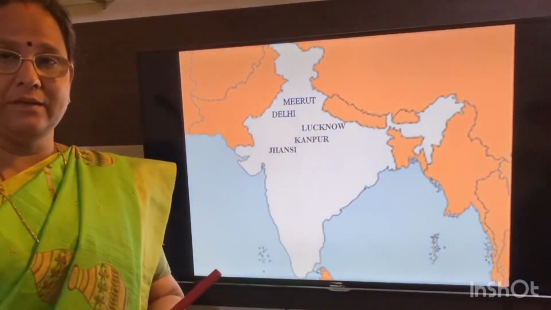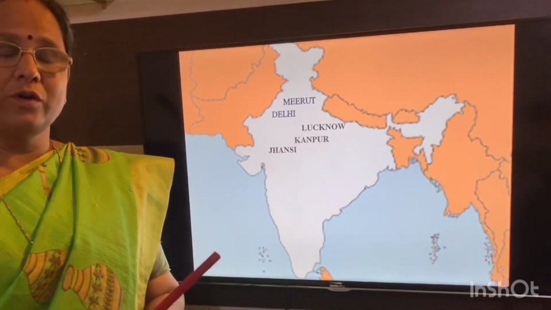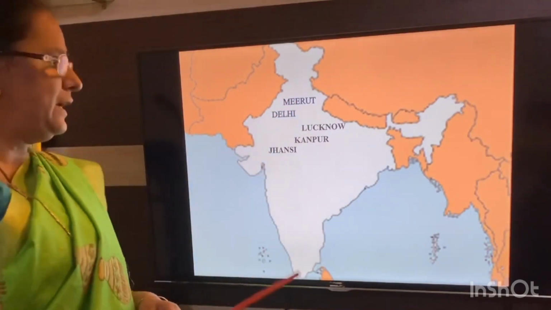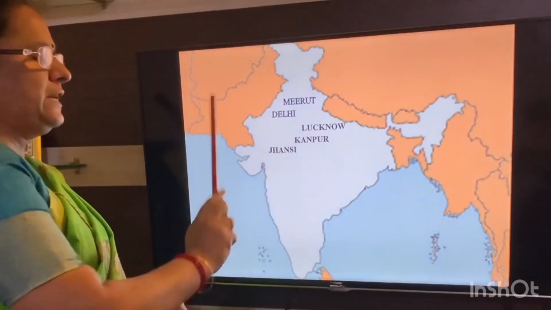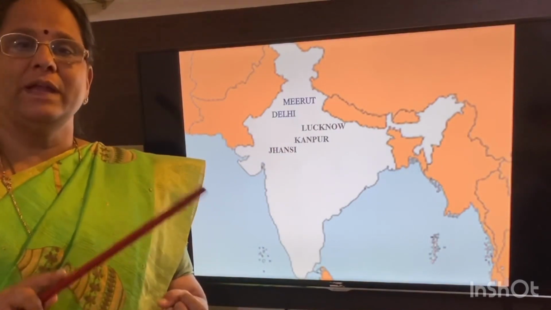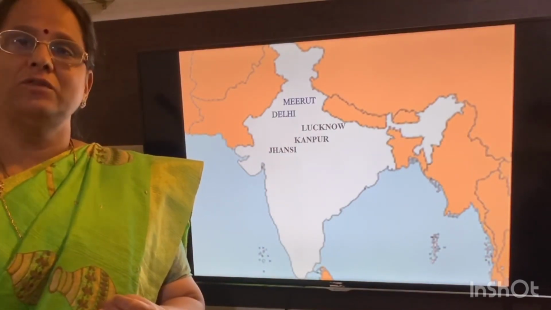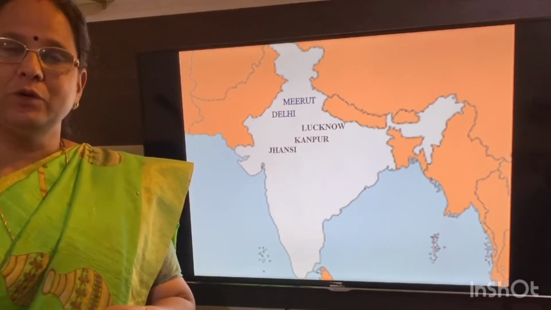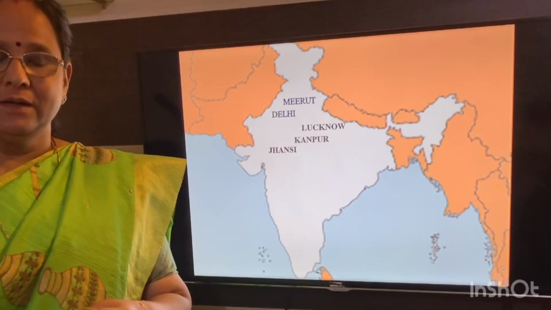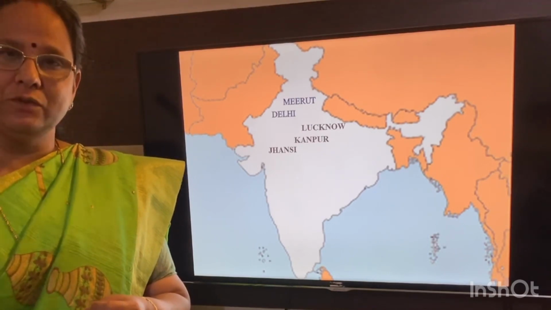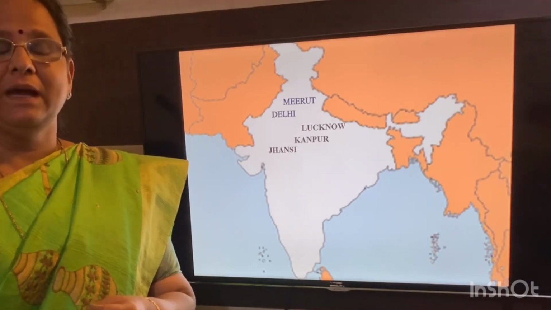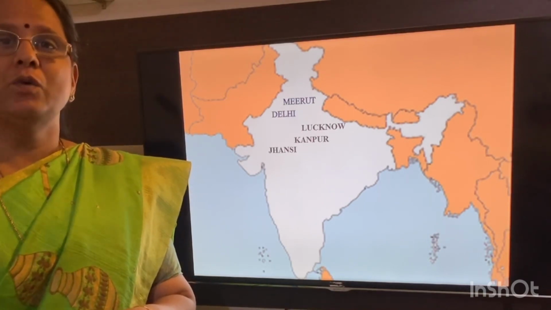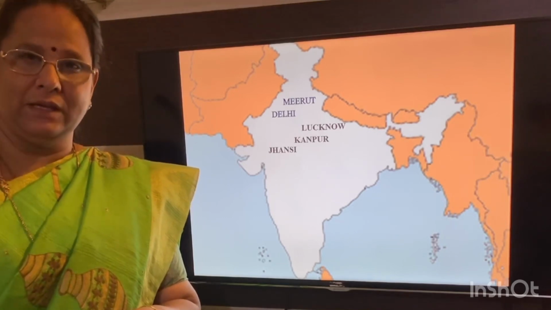Next we have learnt about these places. And the first place where the First War of Indian Independence erupted was Meerut. After that, Delhi, Lucknow, Kanpur, Jhansi. So, when I say Meerut, you remember about Indian soldiers. Indian soldiers who refused to use a Royal Enfield were put in the prison. Later, with the help of the other soldiers, they were able to escape and reach Delhi. In Delhi, remember about Bahadur Shah, who was a Mughal emperor and emperor of India.